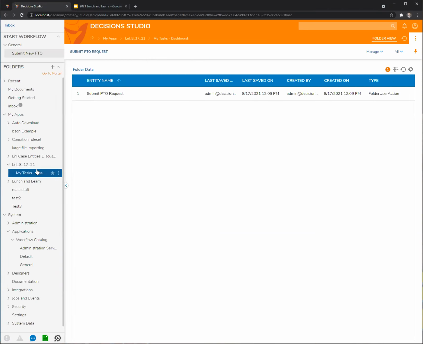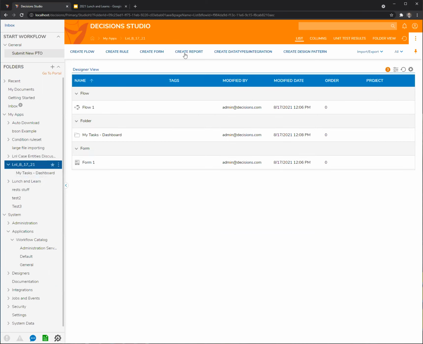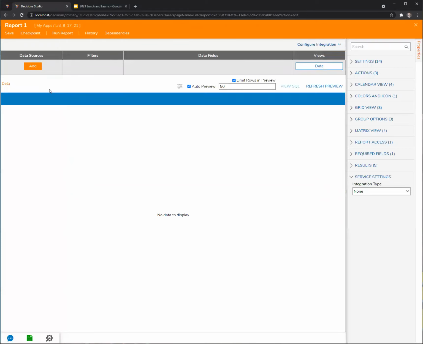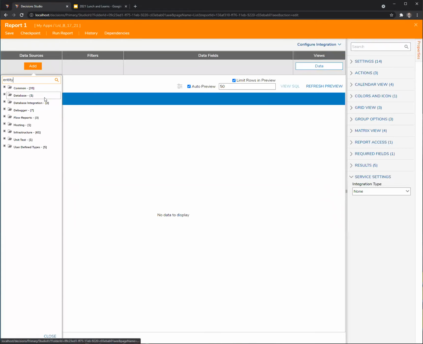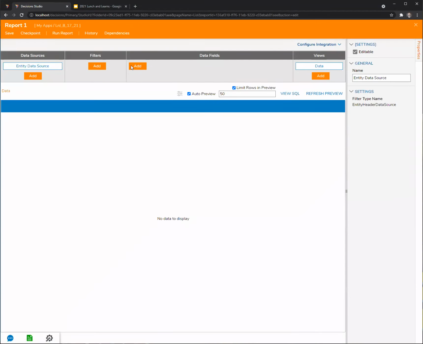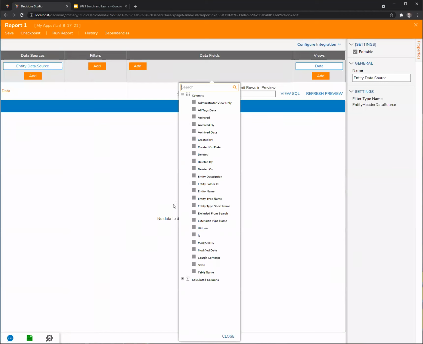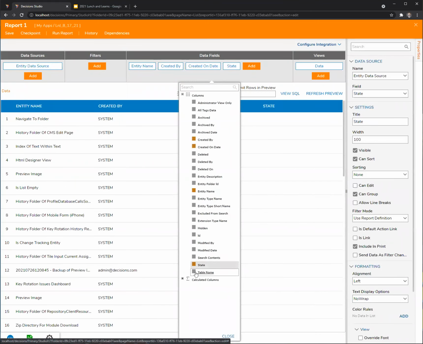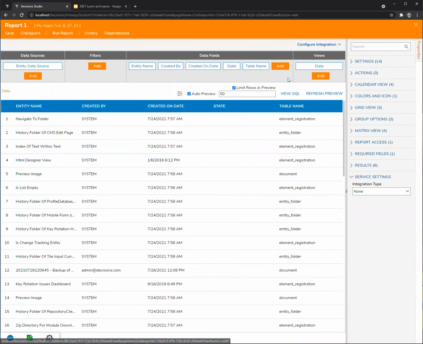To be fair, I have never actually done this before. So let's build ourselves an example. We'll create a report. We'll just use entity data source since that has lots of stuff in it. And we'll say entity data source, and let's pick entity name, created by, created on, state, and table name, sure. And we'll go ahead